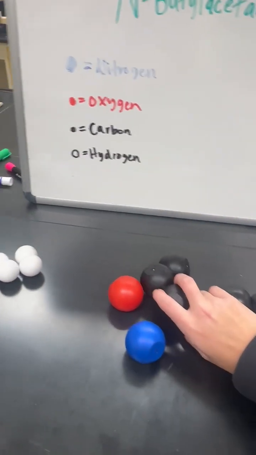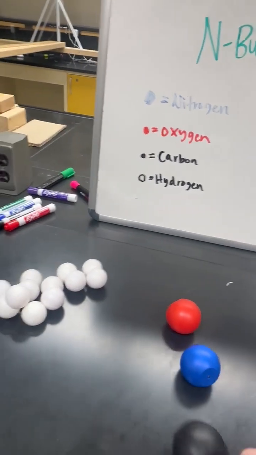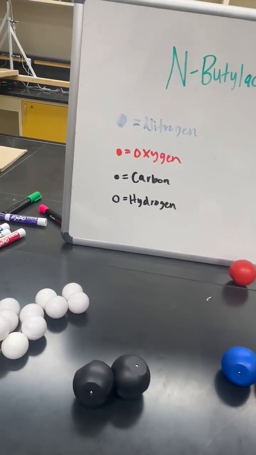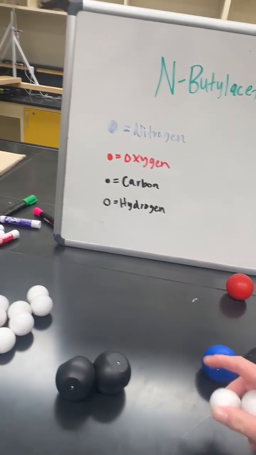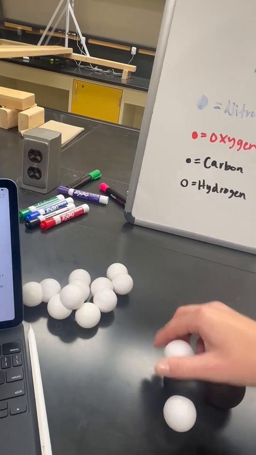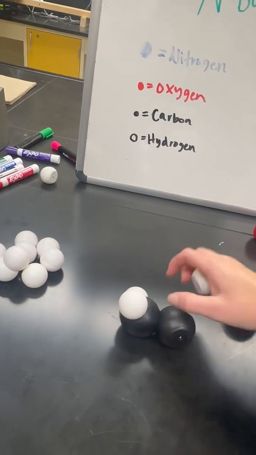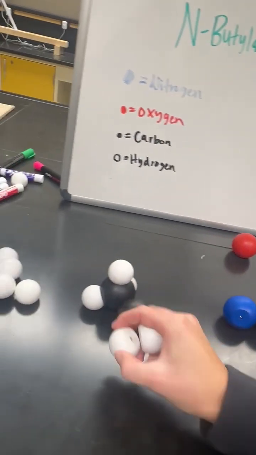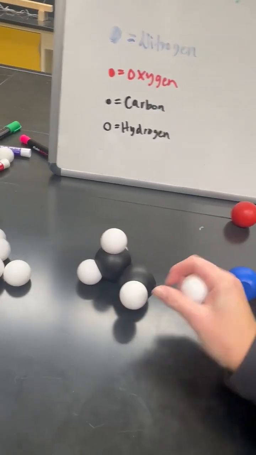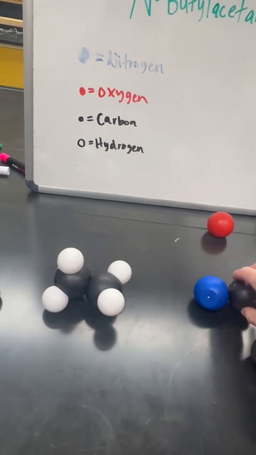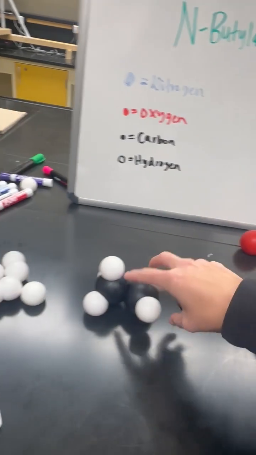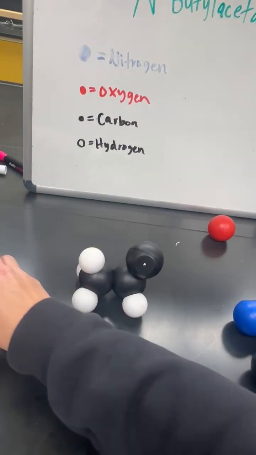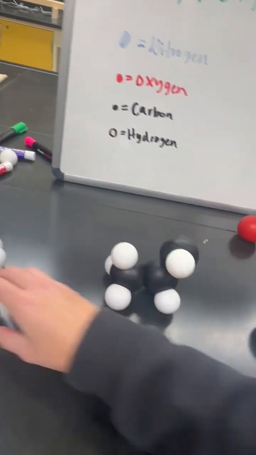So we'll start with this carbon, which is going to have 3 hydrogens attached to this one, then 2 hydrogens attached to the next carbon, another carbon attached to this carbon, which will have 2 hydrogens attached,